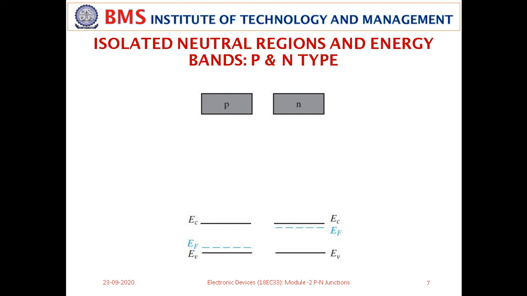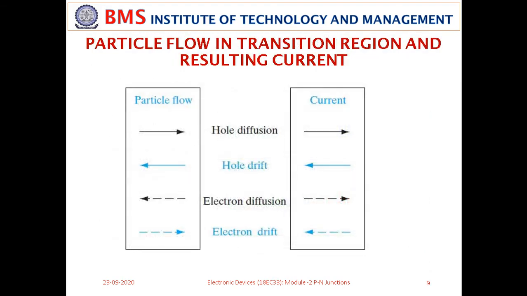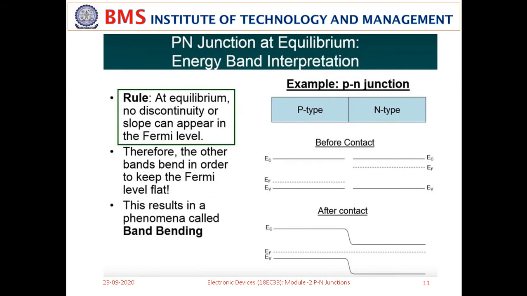Yes, this Fermi level will get aligned. The next diagram will show that. You can see the way the band bending has happened here. These are the distinct energy bands we have shown you for the p type and n type semiconductor material before contact. But see, after contact, what happened?